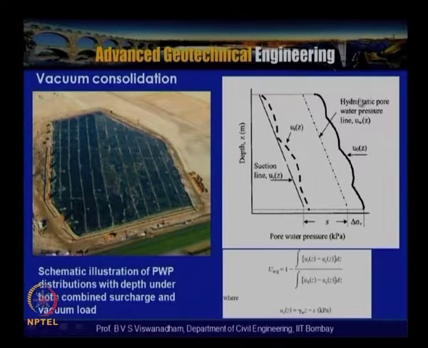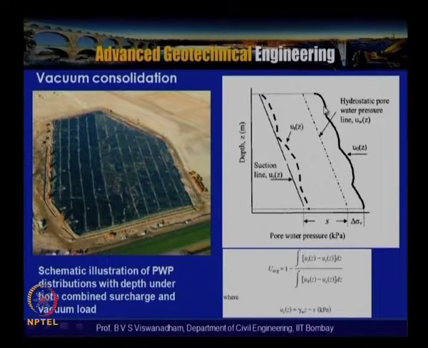So this is the hydrostatic pore water pressure, and due to any possibility of some preloading which happened in the process, this will be the u naught z, and then this gets reduced to u s z over a period of time, and then the effective stress increases by that amount. So we can calculate what the average degree of consolidation is here.